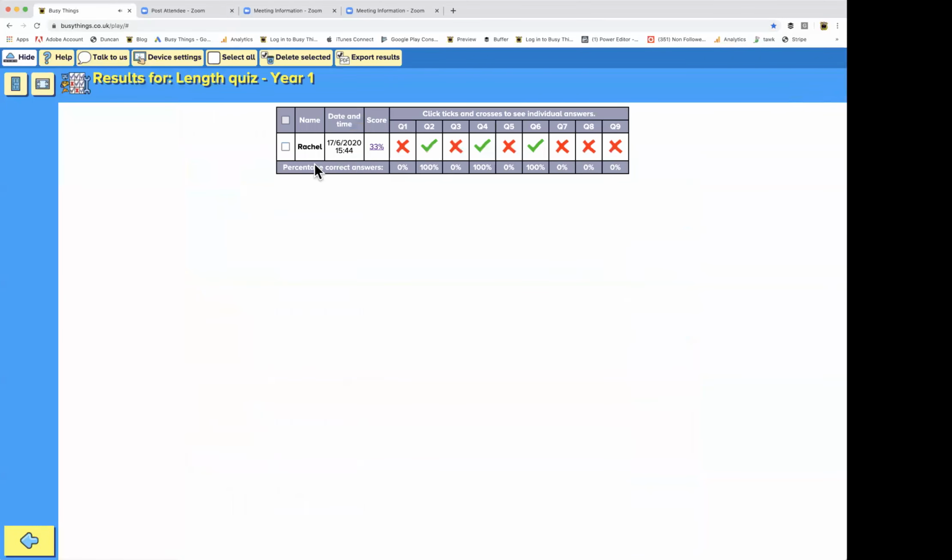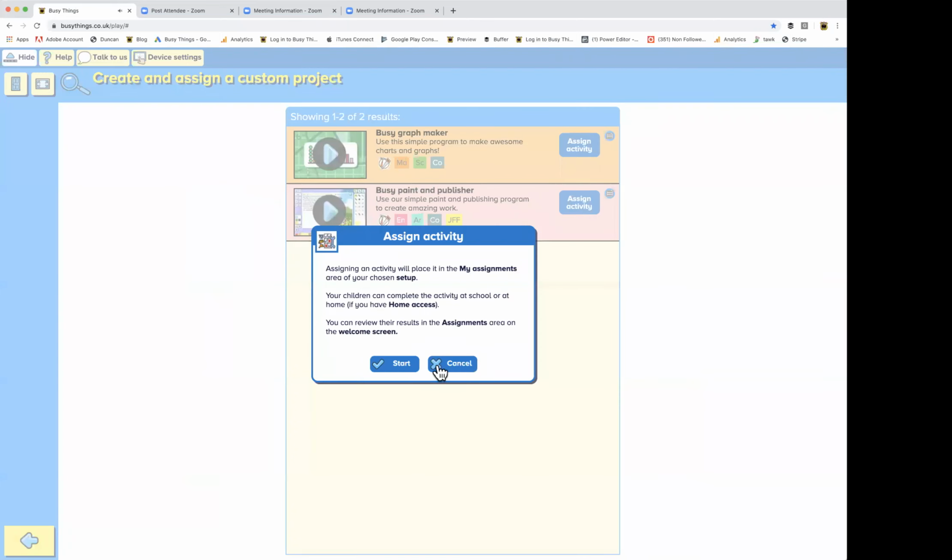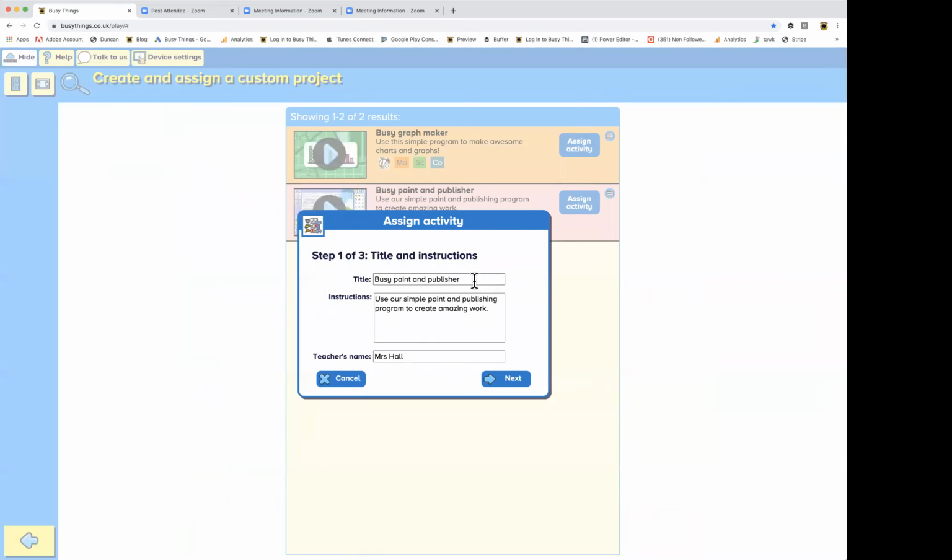Quizzes, the same. If the children complete a quiz, they will get right and wrong, and you will be able to click on the crosses and see which questions they got wrong and export the results. And custom project is you can make your own project, so it could be about anything, anything that you want, and you get to choose, so you can make it up if you want them to write down about